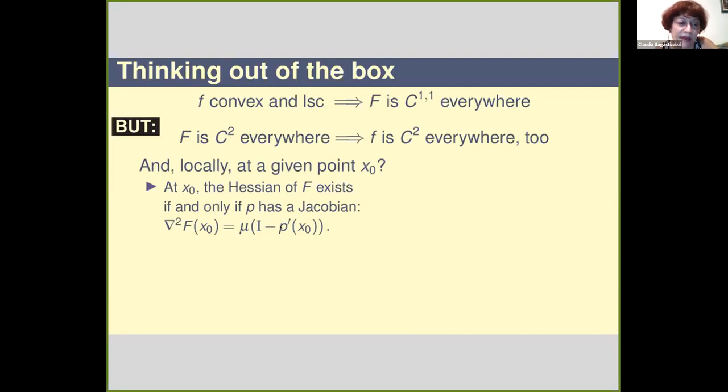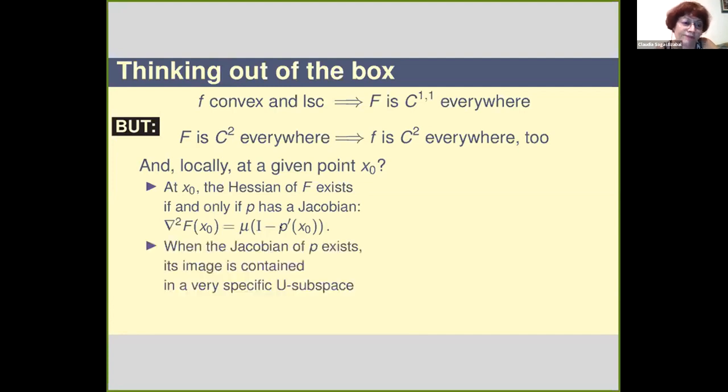Then, when there is a Jacobian of this proximal point mapping, the image of the Jacobian is contained in a very specific subspace. It's not in the whole space of R^n. It's a very specific subspace, and this is the subspace of smoothness that generates this U subspace